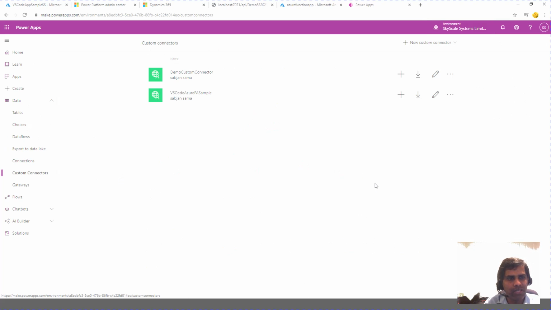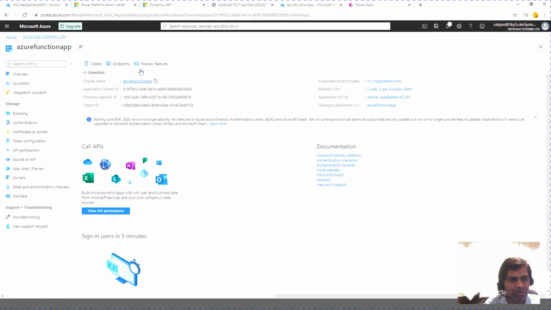Okay, so we have custom connectors, and the way custom connectors are created is that we have to provide some basic details. So I need to copy the function URL. Let me take a client ID. This is the one I can copy and put over in my note. And once I have those details with me, then I'll be going into the